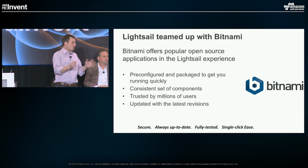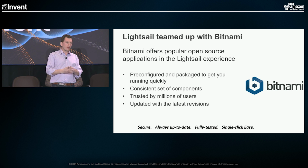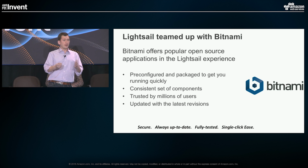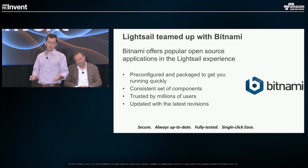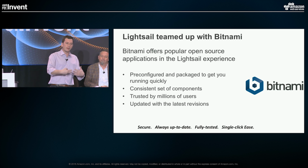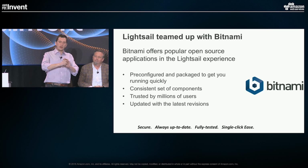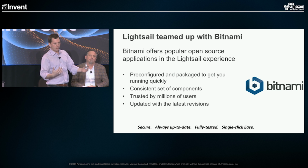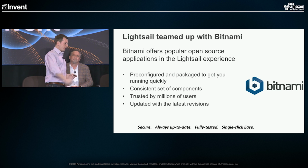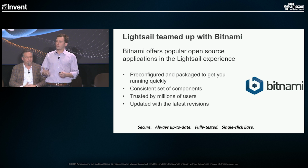We did that not only because Bitnami offers popular open source applications that are trusted by millions of users across the world, but also because they match that ease of use that we're trying to implement with Lightsail. They match that in the way that they have a consistent set of components. They're always up to date. You don't have to worry about security. They're always in the latest version. And that's really important because